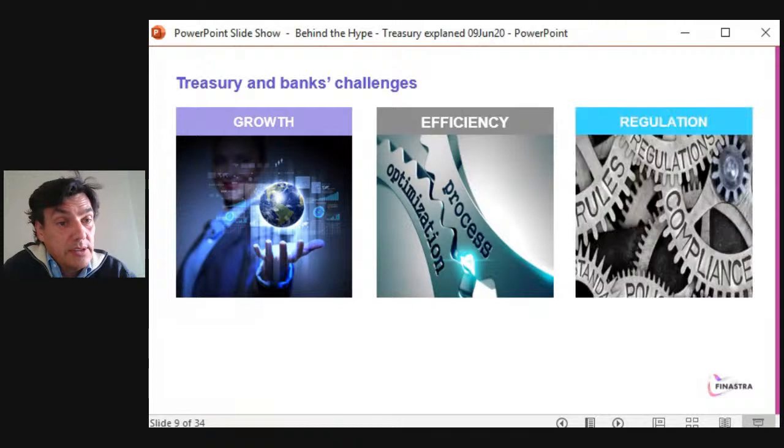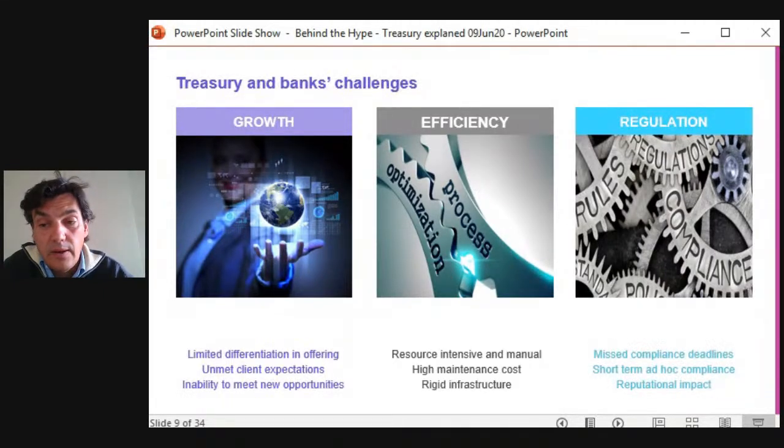So we have identified three challenges for the banks and for the treasury inside the bank. The first one is really growth. So how can they help to grow the bank? And here we could say there are 2 ways for a treasury. So either they grow high volume products, very simple but high volume products such as FX, or they grow low volume products where there is a much bigger margin, and here that can be derivatives.